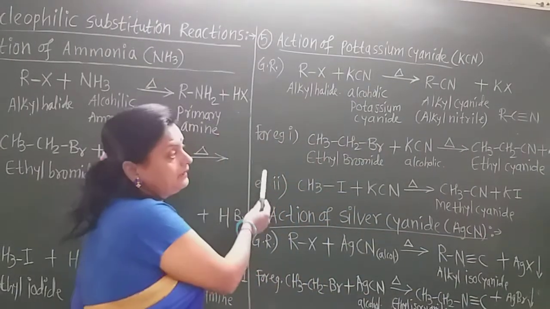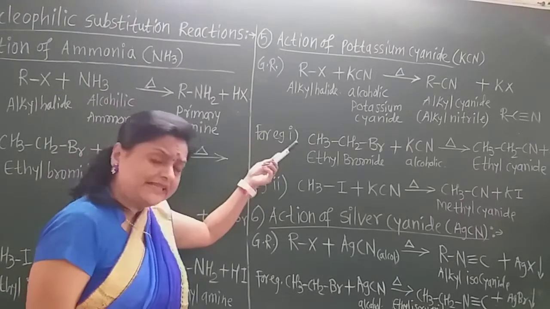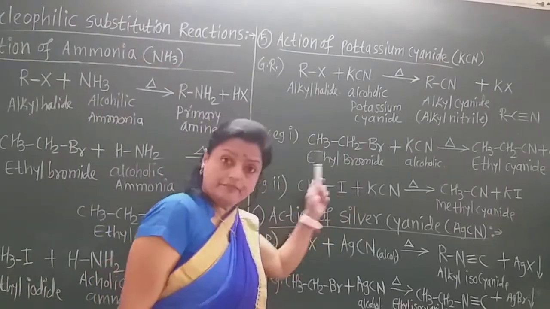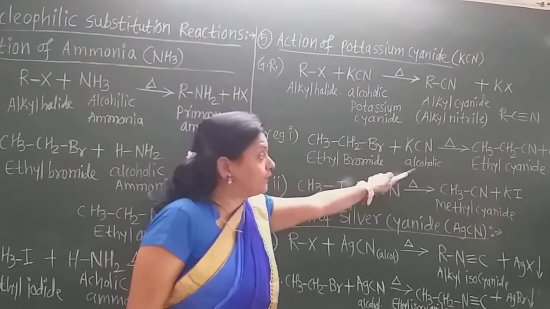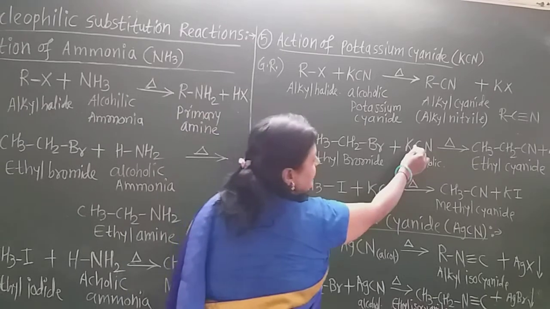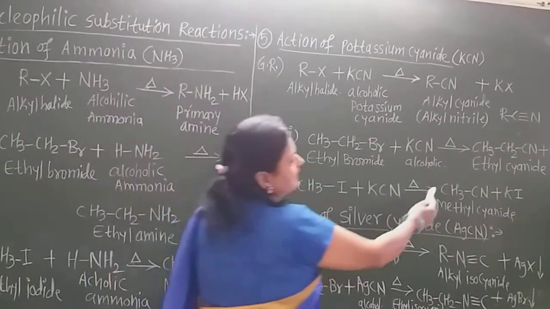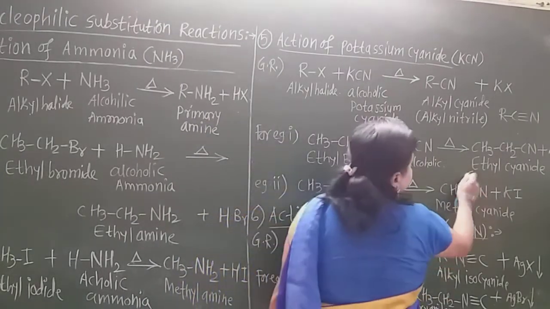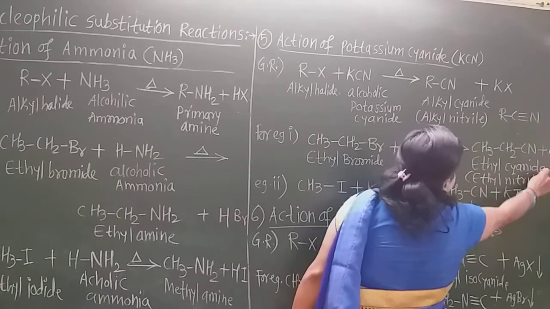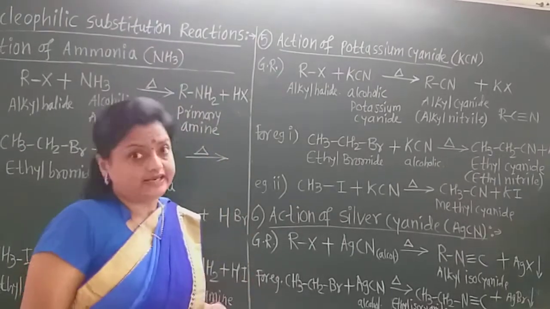Now take any particular reaction. You can take here any ethyl or methyl iodide, bromide, etc. Now I take here ethyl bromide. Now there is the action of this alcoholic potassium cyanide on ethyl bromide. What happened here? Here also this cyanide group attacks the ethyl group, and there is formation of ethyl cyanide or ethyl nitrile. Both are the same name. That means both names are for the same compound, that is ethyl cyanide or ethyl nitrile.